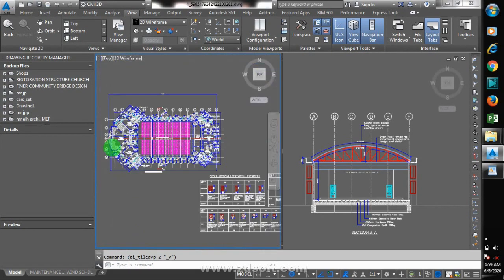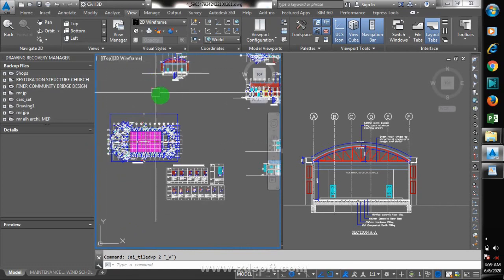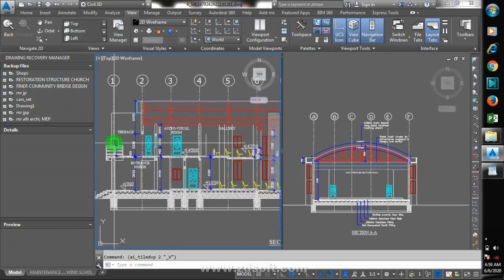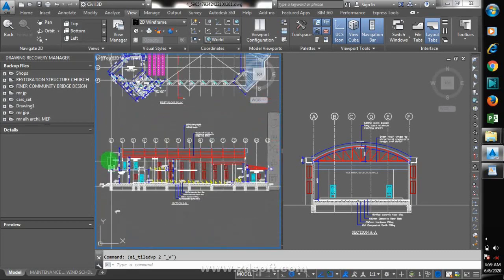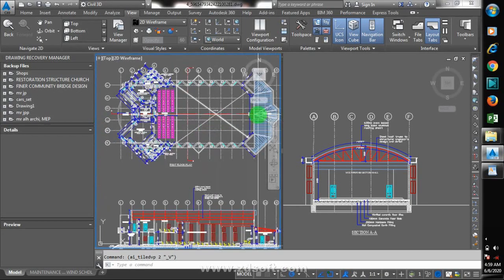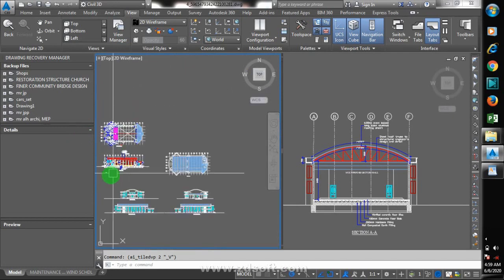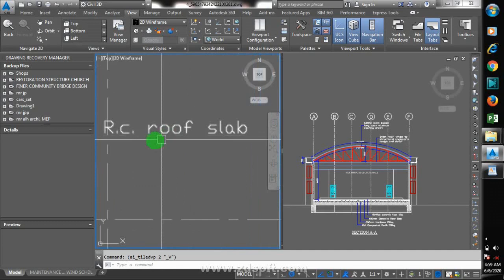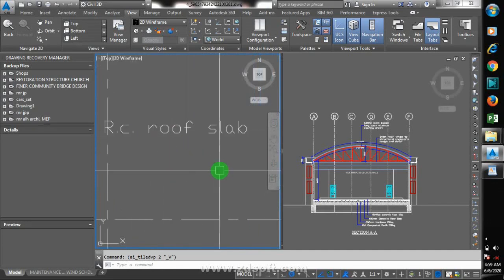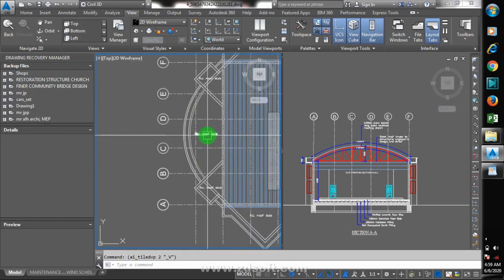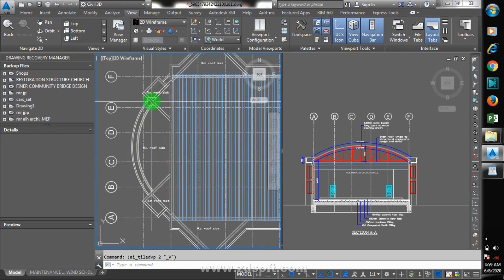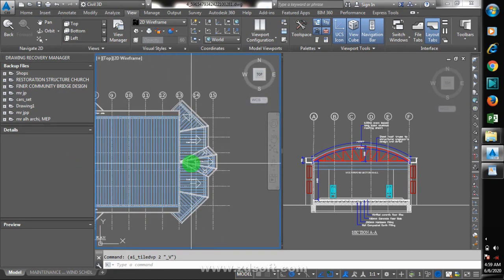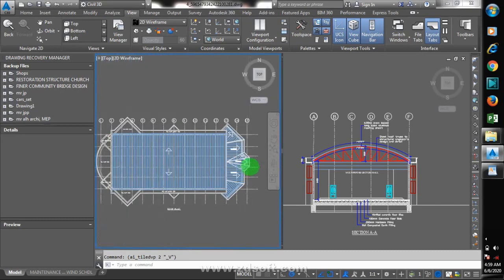Okay, let me take you here. Reinforced concrete roof slab. Okay, so we're going to have a reinforced concrete roof slab at this point. We are going to have a steel roof here, and then we are going to have